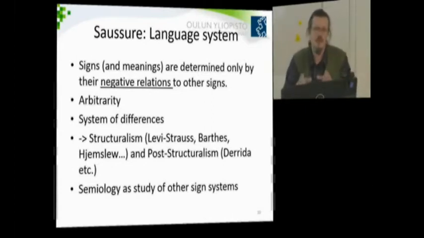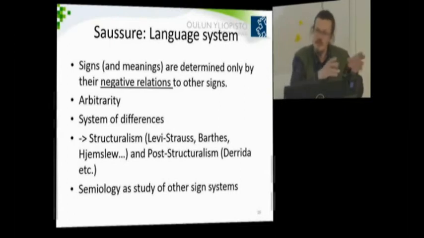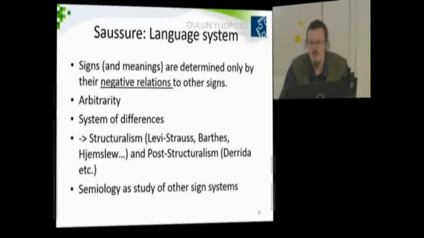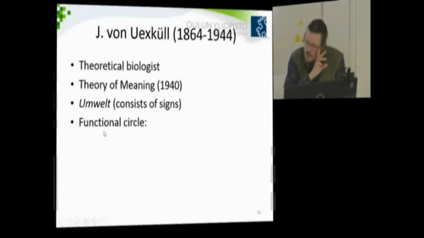Then I will shortly refer to the, a little later, theoretical biologist Jakob von Uexküll, who is the founding father of so-called biosemiotics, or the semiotic study of biological systems. As you may guess, the term edusemiotics is copied from the idea of biosemiotics and some other branches similarly named. Jakob von Uexküll wrote in 1940 an article, A Theory of Meaning, where he launched the term Umwelt, which became a very heavily used term